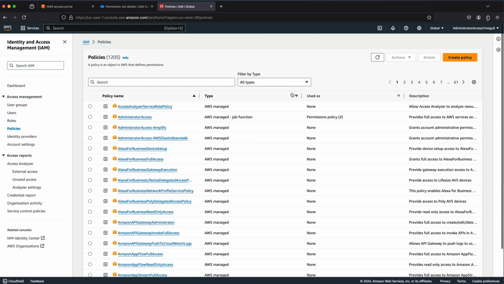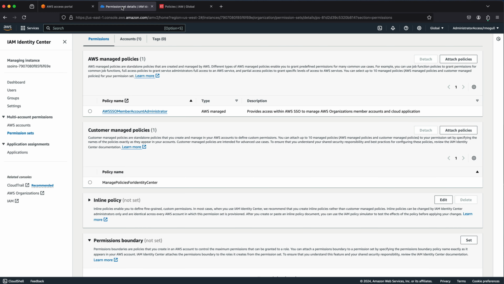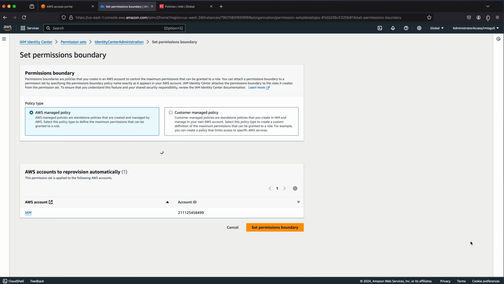And we will go to customer manage. And I just have to copy that name out. I just didn't remember that name. It's kind of late at night here. So copy that name out, SSO permission boundary, because when I click on permission boundary and I go click set,